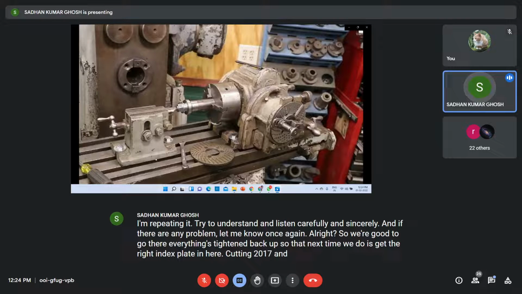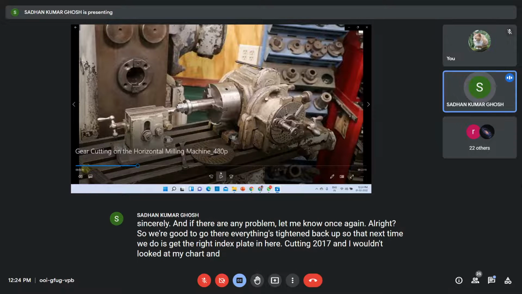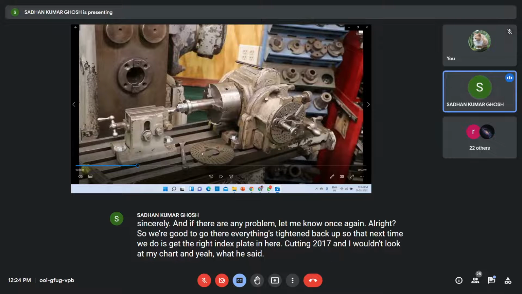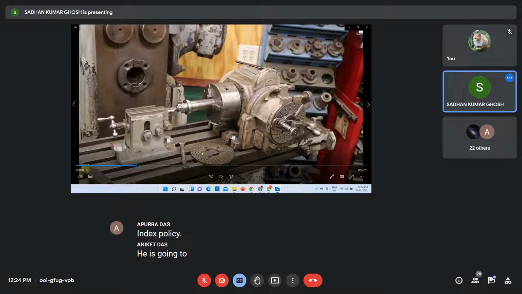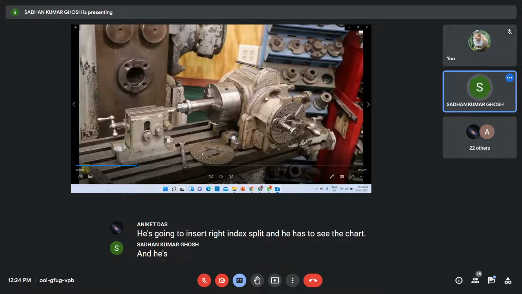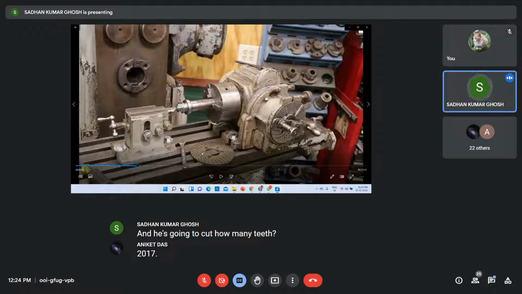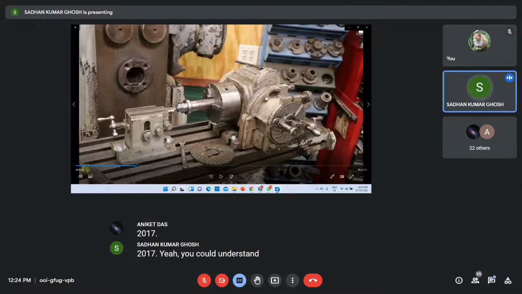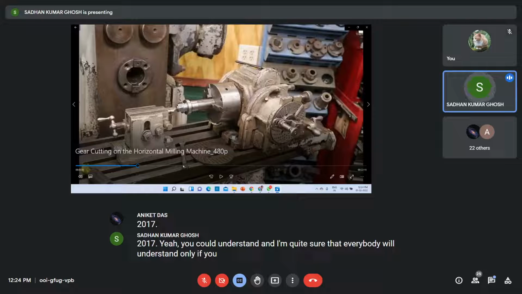I looked at my chart. What did he say? Index plate, sir. He's going to insert the right index plate and he has to see the chart. And he is going to cut how many teeth? 27 teeth. Yes, you could understand. I'm quite sure that everybody will understand only if you sincerely listen to it once again.